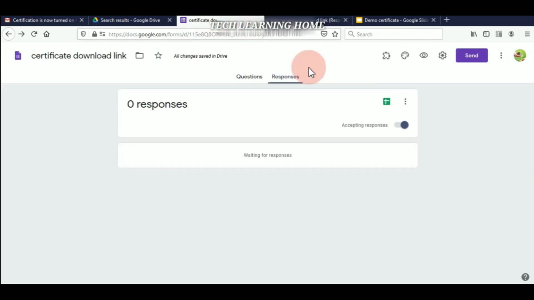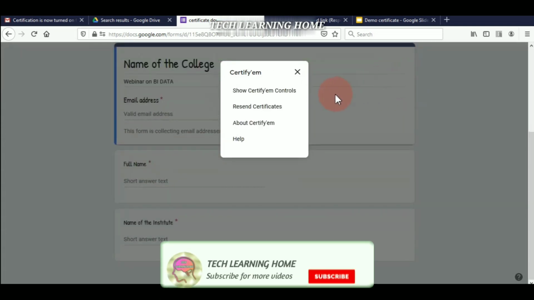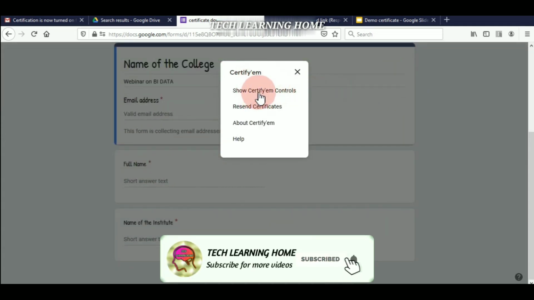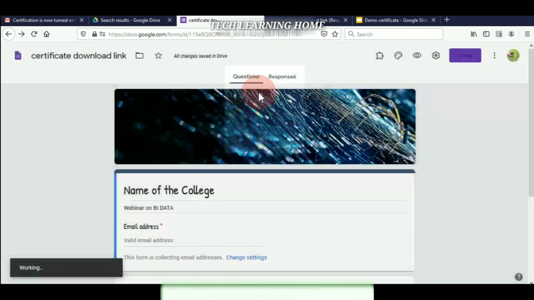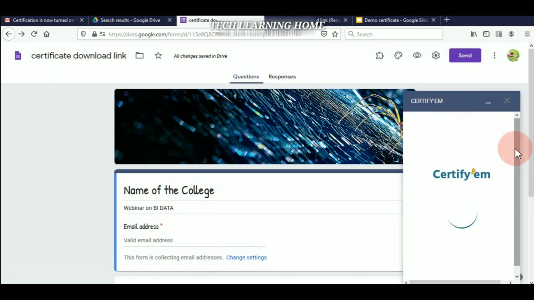So after creating the Excel file, go to add-on, it will open like this. Select this option, it will open the Certify EM control window.